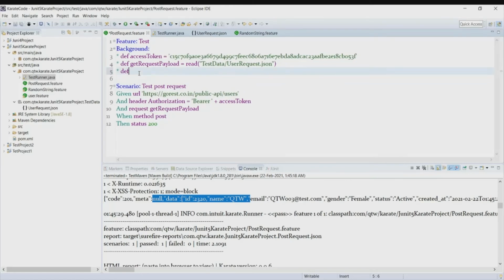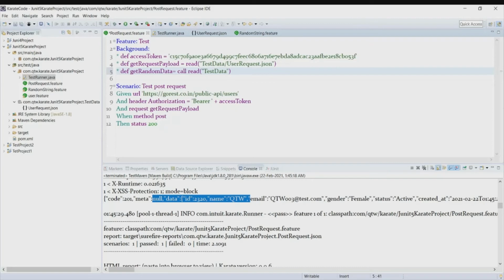So let me call def get random data, and let's call this feature file.